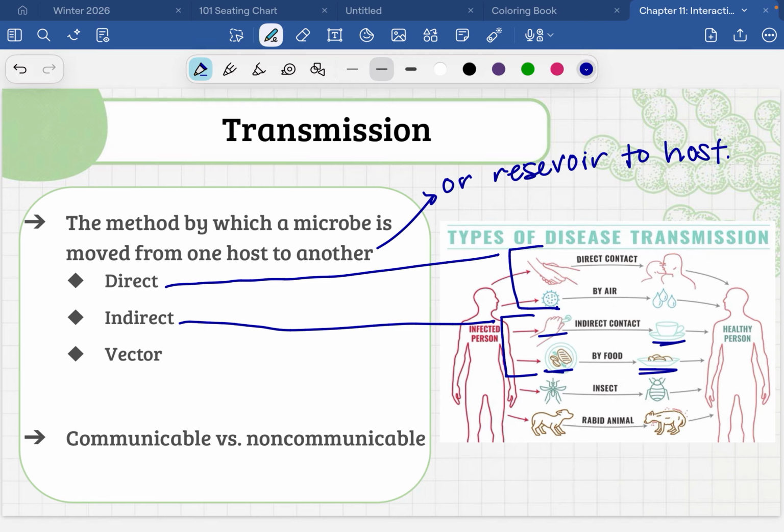She would go to the bathroom, clean herself, and some of that bacteria that was in her feces would end up on her hands. And then she would cook food, using her hands, she would touch vegetables, things like that. And then the other people would eat that food that had been contaminated with bacteria. So that is an indirect transmission. It wasn't going directly from host to host. There was an indirect object in between the